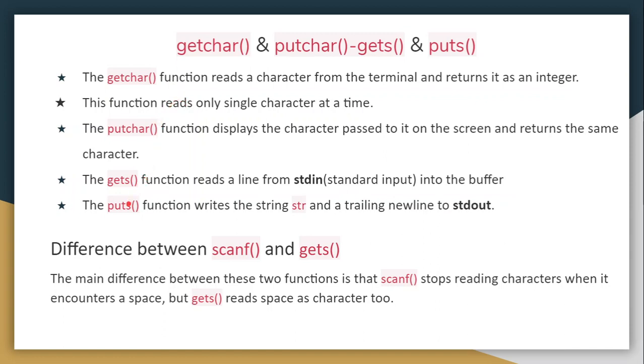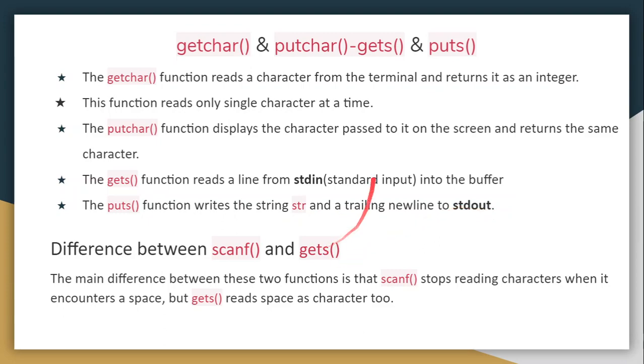And then what are gets and puts? They are also input output functions, but these are mainly to get a full string. Okay, and puts is to put or display a full string. So gets is used with stdin and puts with stdout, because we know stdio means input and output. So when you say gets, that deals with the standard input stdin, and in case of puts it is actually stdout.